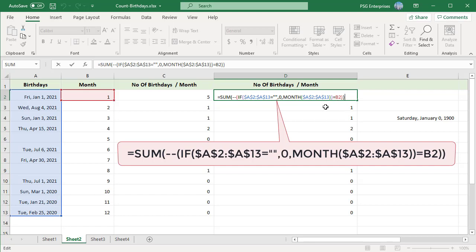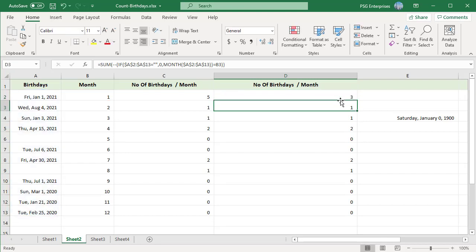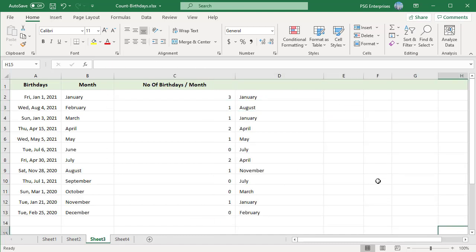See the formula with the IF condition. Now we get the correct count, 3. You can also use SUM or SUMPRODUCT and the TEXT function to find out the number of birthdays in a particular month. The TEXT function can extract the corresponding month from an Excel date. When the range A2 to A13 is used inside the TEXT function, the expression evaluates to an array of months.